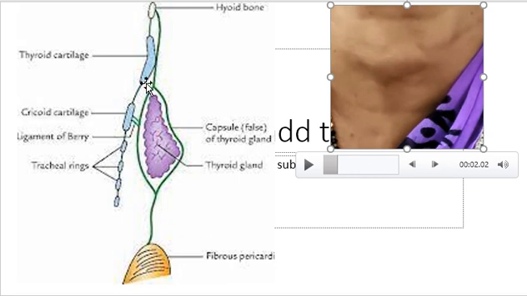The pretracheal fascia is the false fascia of the thyroid gland and it is connected to the oblique line of the thyroid cartilage and the body of the hyoid bone. And the medial surface of the thyroid lobe is thickened to form the suspensory ligament of Berry, which attaches the thyroid lobe to the cricoid cartilage. As a result, the thyroid moves up and down during deglutition,